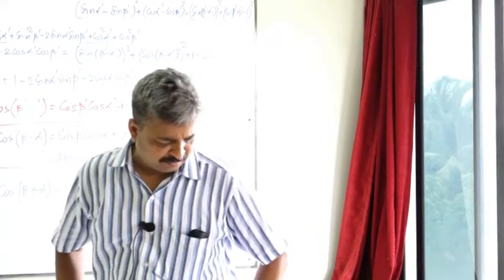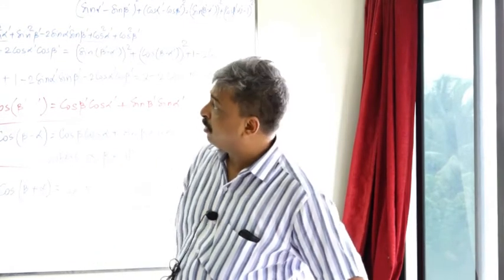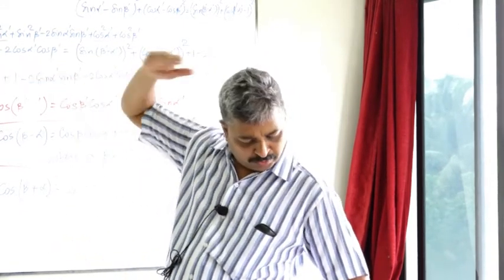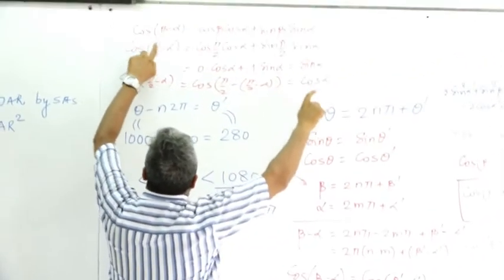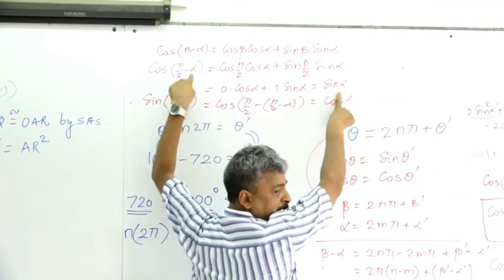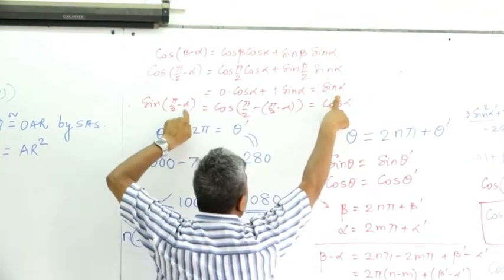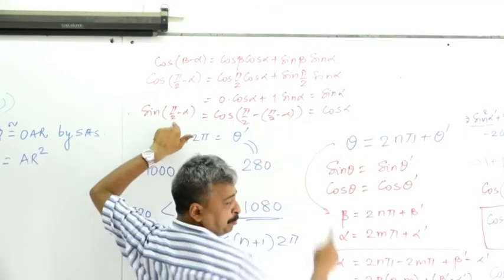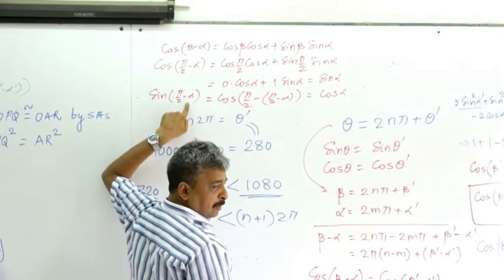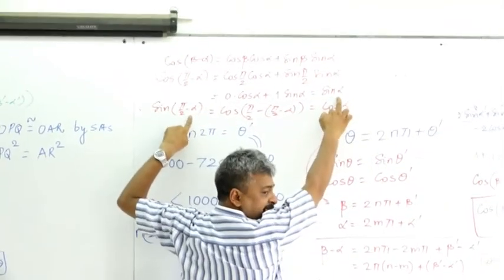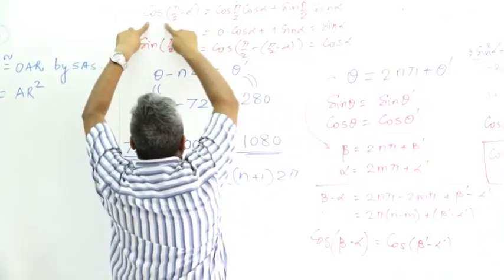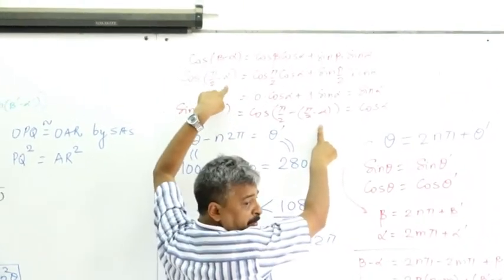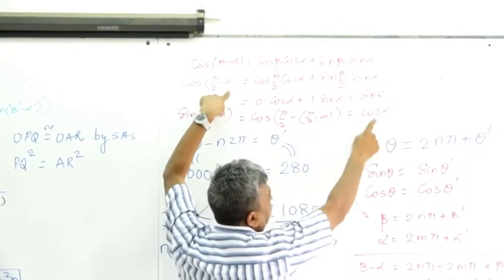Substitute alpha is this: sin(pi by 2 minus alpha). What have I done here? How did you get that? From here. So this is the identity that I am using: cos(pi by 2 minus alpha) is equal to sin alpha. Now I want to find out sin(pi by 2 minus alpha). Therefore, for alpha I have to replace pi by 2 minus alpha. Wherever alpha is there in this formula, I replace it with pi by 2 minus alpha. And then I simplify this bracket, I end up getting alpha.